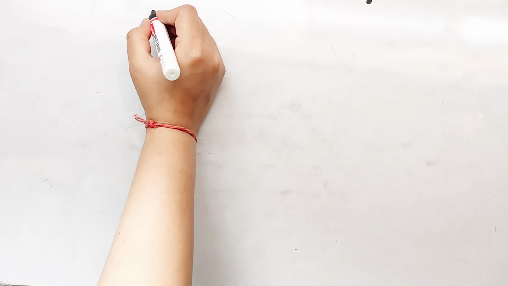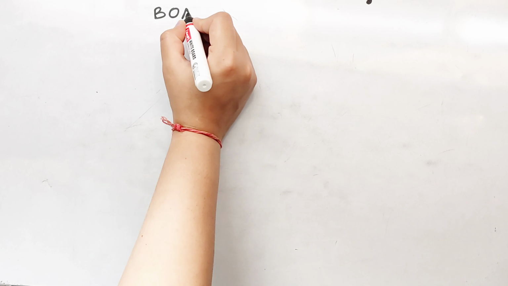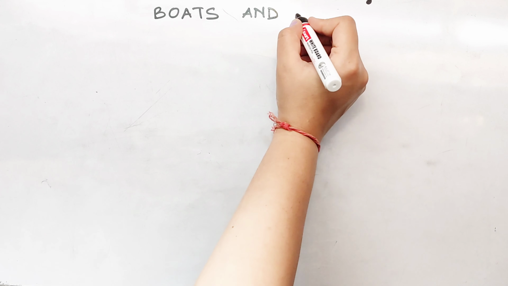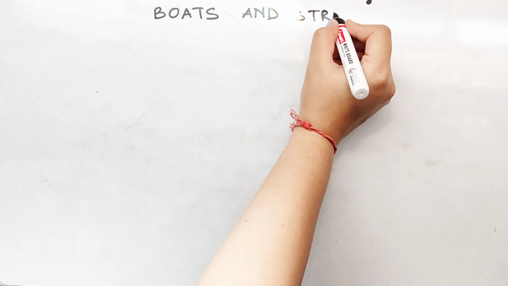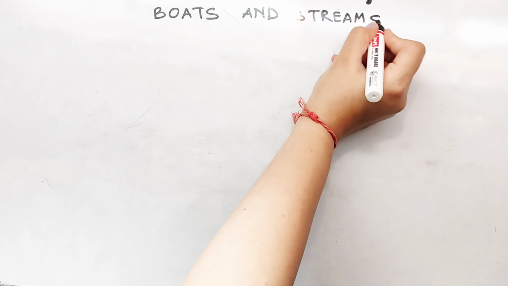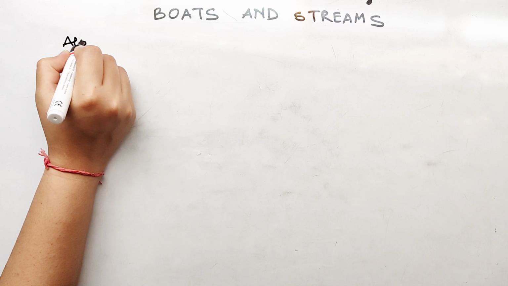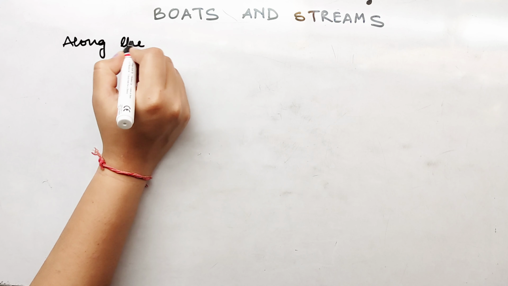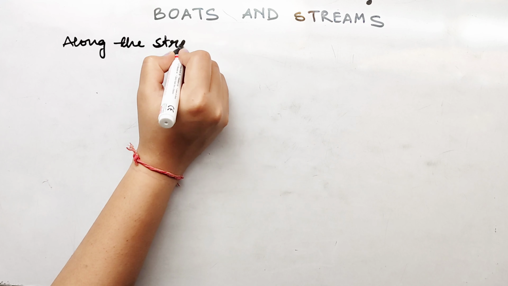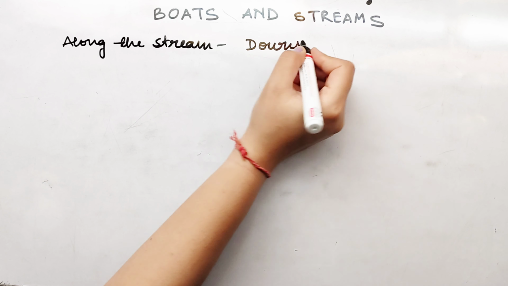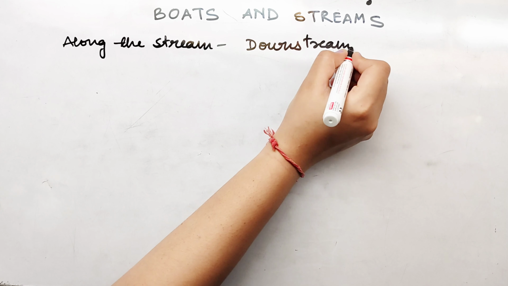Hi guys, so today we are going to do questions on boats and stream topic. If you know the formulas and how you can apply the formulas, this topic is very easy. You only need to find one thing, and you will be given two things, which is normally between speed, distance, and time. If you know distance and time, you can find out the speed. If you know the speed and distance, you can find out the time, and so on.